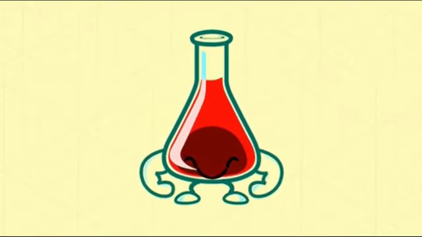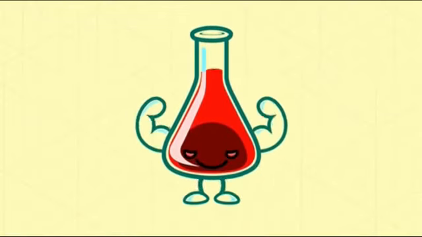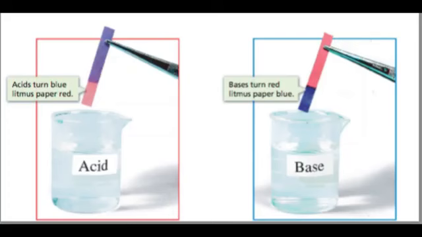I hope you're done. So now let's see how many of you got the right answer. Now, if you dip a red litmus paper into a solution and observe that there is no change in color, then what do you think is the solution in that test tube? So, if there is no change in color and the red litmus paper remains red, then the solution is nothing but an acidic solution. Remember what I told you during the litmus paper test?